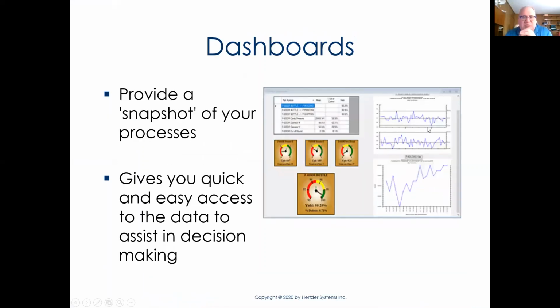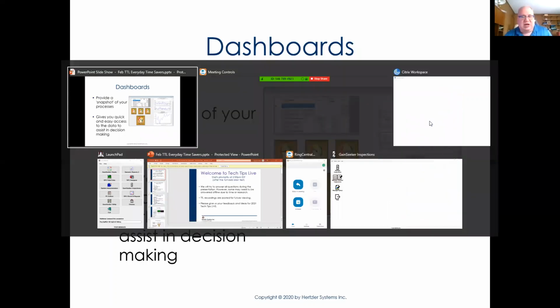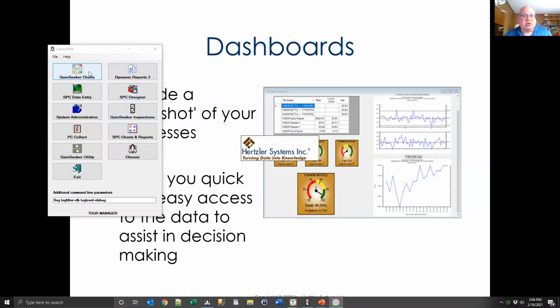Dashboards. Dashboards are not something new. We've been using those for a long time. And I always thought the dashboards were a good way to save time, because what they do is they provide you with a very good snapshot of your process, or processes. And the idea here is it's trying to give you as quickly as possible the information that you need to make your decisions. The key word there is actionable information. The other thing that dashboards do that not everybody is aware of, it gives you easy access to the data behind the scenes. So if I'm going to go ahead and pull up GainSeeker charts to show this,